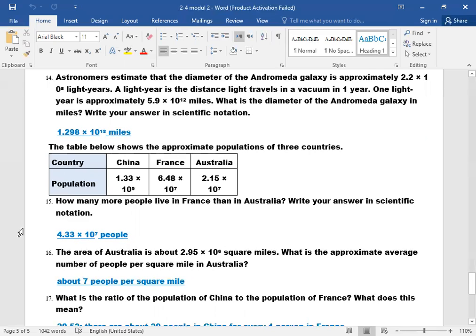Then, back to Australia, it was 2.15 times 10 to the power of 7. It will be about 7 people per square mile. How did you find it? It will be